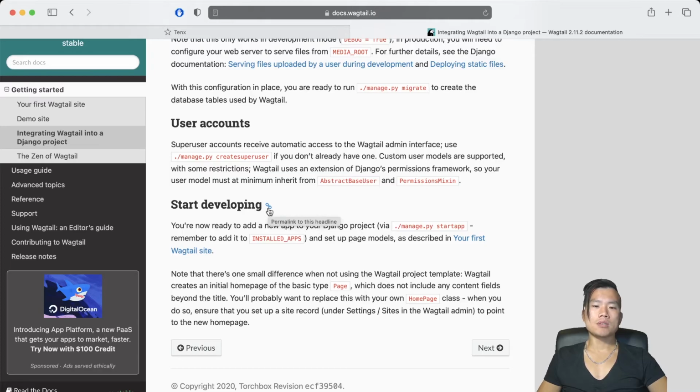According to the documentation, I'm now ready to start a Django project, start adding new applications into installed applications, and set up page models as described in first Wagtail site tutorial. And this is something I need to set up right now if I want to start publish the new content.